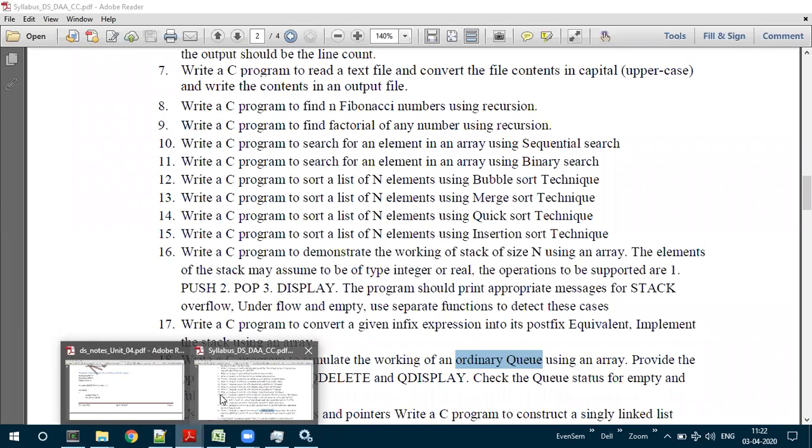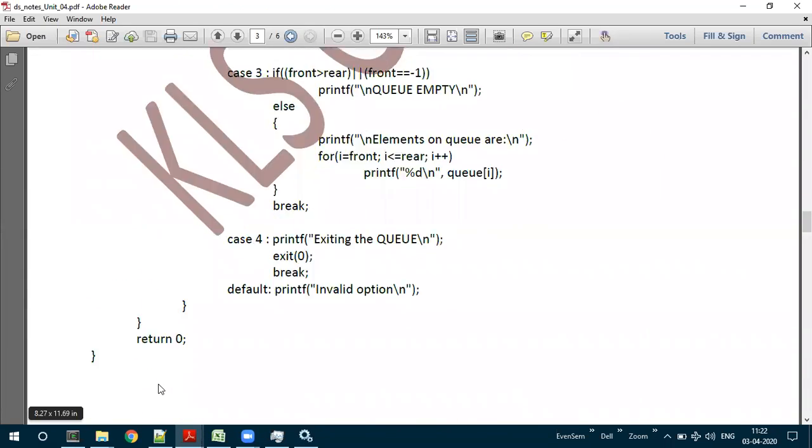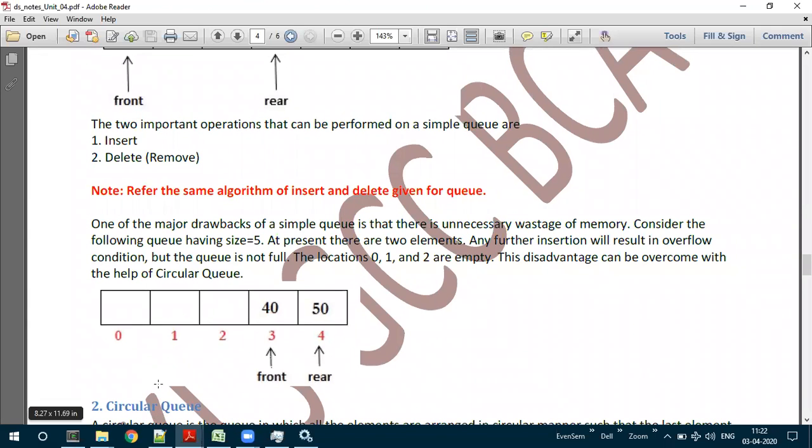The drawback of an ordinary queue is that when we keep on inserting elements into the queue and the queue becomes full, even if we delete elements from the queue, if you try to insert later, it will not allow us to insert, because rear would be pointing to the last position of the queue, and that position will not be modified in the simple queue or the ordinary queue. Is that understood? Yes, sir.